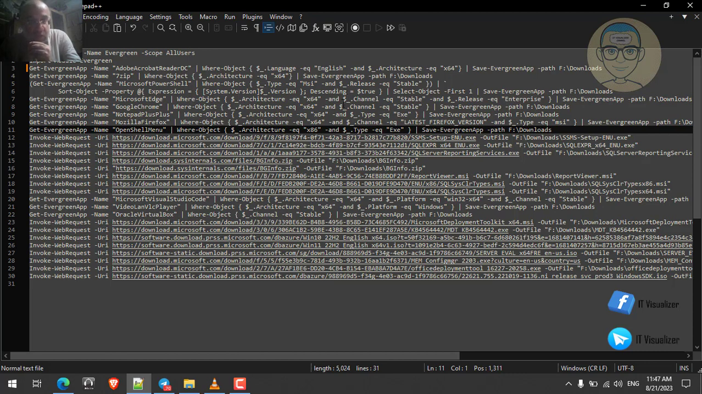We do not need to copy the URL, we don't need to memorize the URL, and all of these functions and conditions help us to customize our download. Okay, so what about the unsupported applications? Maybe if I try to download the SQL Management Studio, it is not already included in the Evergreen app supported apps. So what I will do, for the unsupported software by the Evergreen app, you can write this command: